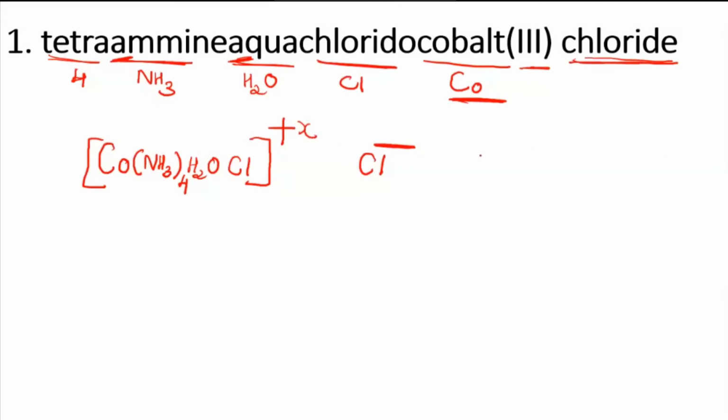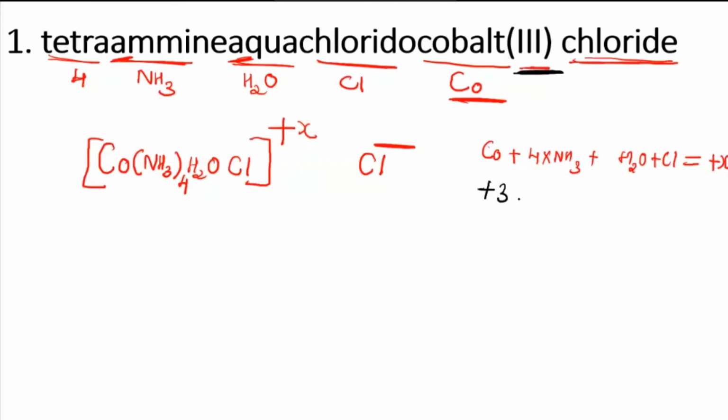You know the sum of the oxidation states of all the elements is equal to the charge they carry. So that means the sum of all these, that is cobalt plus 4 into ammonia plus water, then plus chloride, is equal to the charge of the coordination sphere, that is plus x, which has to be found out. Now we will put in all the charges. Cobalt oxidation state is also given to us, so you can put that here. 3 is given, no? So directly you can write plus 3 here. This value is given to us, you will always see it in the question.